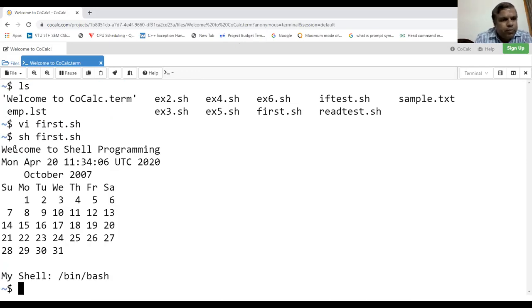You see the output. So first it has displayed the welcome message on the screen. Next today's date, then the calendar, and then the shell. The current shell being used is bash. So the string my shell is displayed as it is, then followed by the value of the variable SHELL.